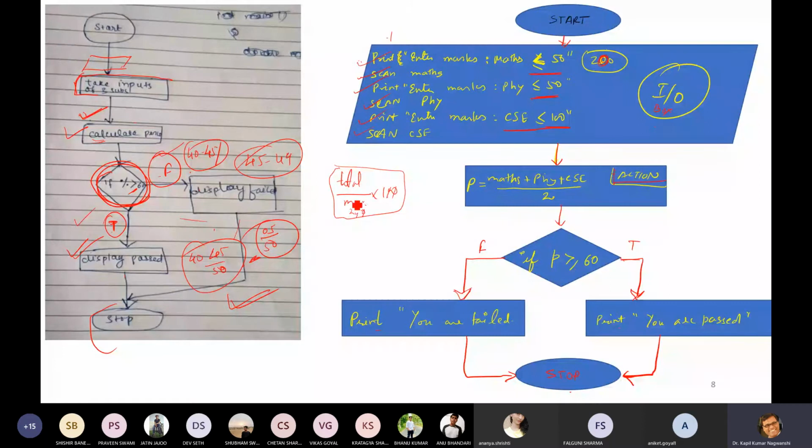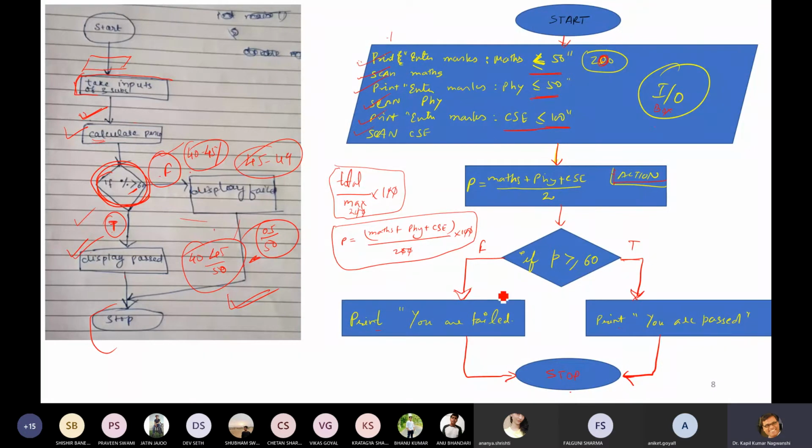Either you can write this formula, P equals maths plus physics plus CSE, where the total marks is 200 and we want to calculate 100%. So we can use this formula also, but we are smart enough to directly use this formula.